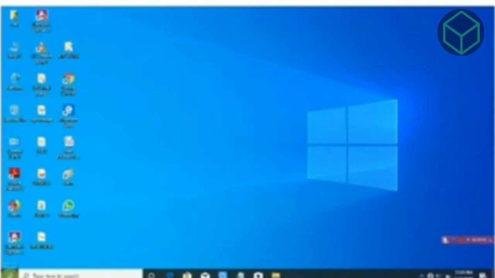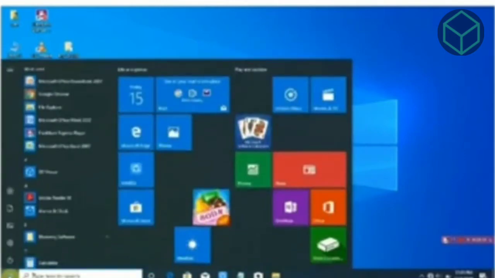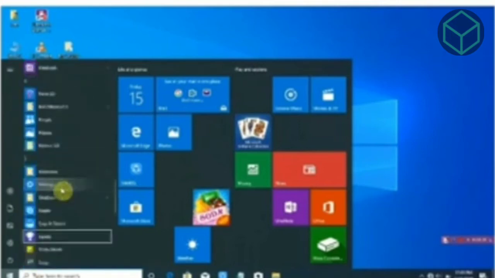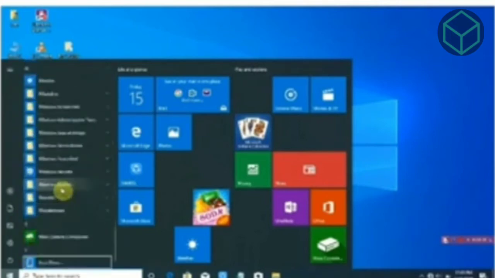Now the start button. The start button is a gateway to Windows and the Windows based programs stored in our computer. When we click on it, the start menu helps to launch any program, search, settings, etc. When you click over it, you can see the different files, folders and programs which are available in your computer memory listed here. You can easily open these files from the start button as well.